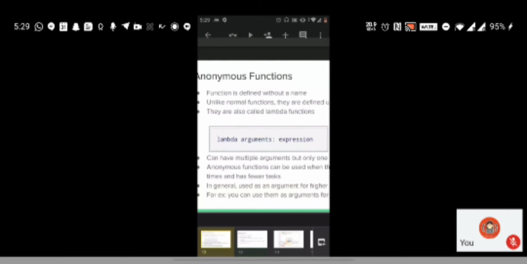Lambda arguments expression. What does this mean? Whenever we define a function using the def keyword, we put in some parameters inside the function.